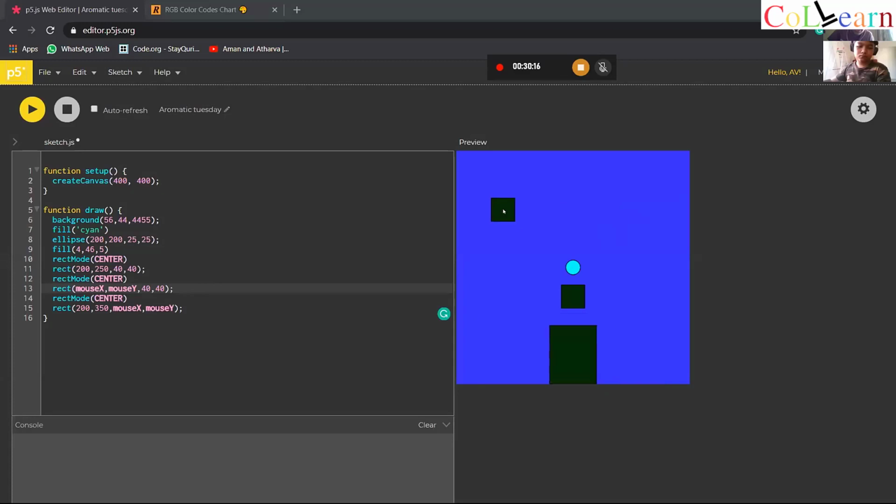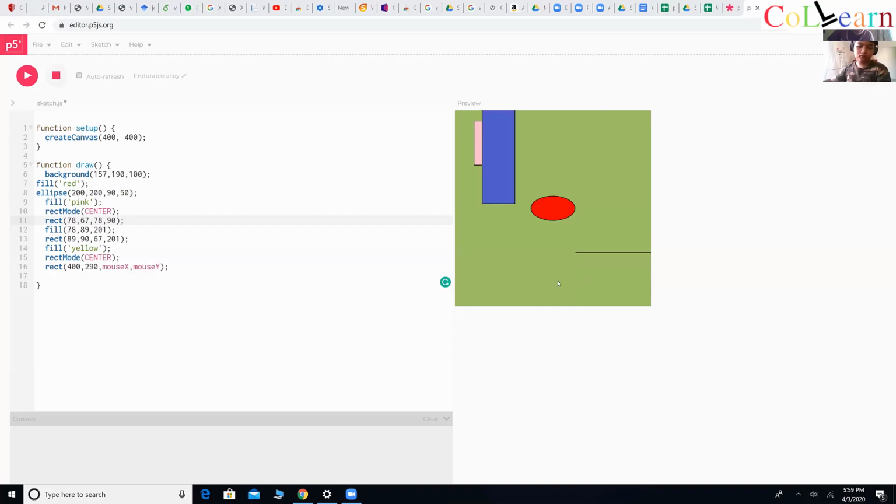Manoj has stopped now. Who is sharing? I don't know. Okay, Aman is sharing right now. Okay, Sneha, can you share now? Aman, if you stop, then Sneha can share. Now we have learned that one has to stop and the other can share. Oh, nice. Okay, stop sharing so that I can share now.